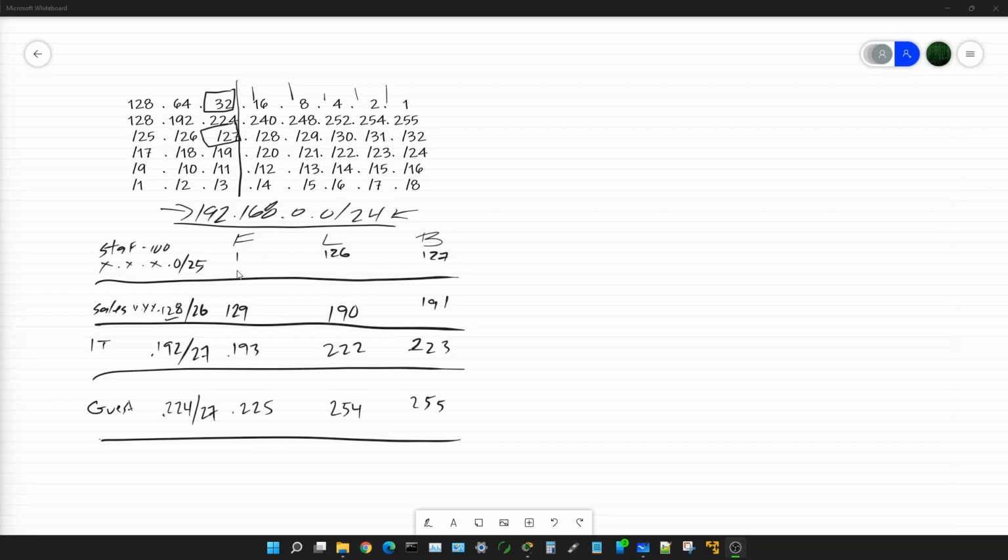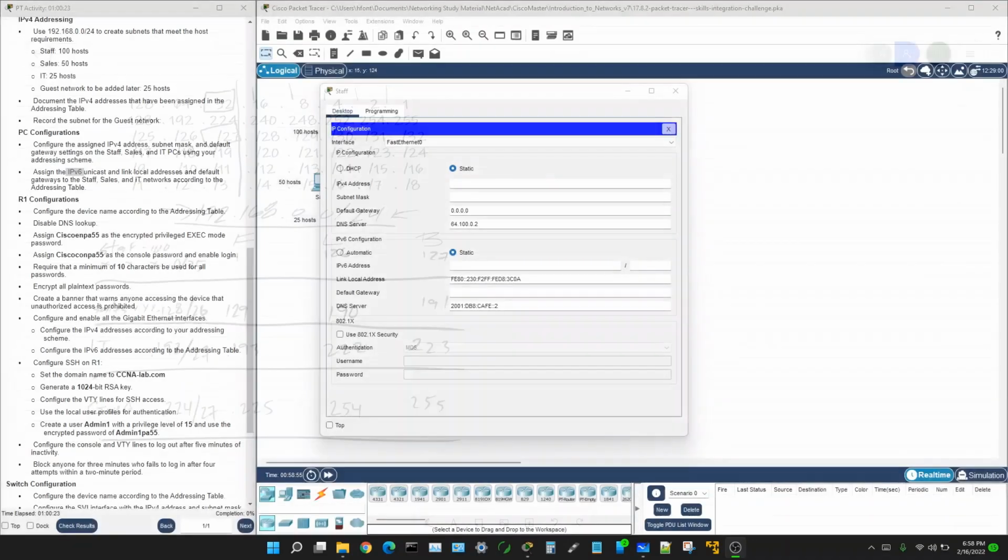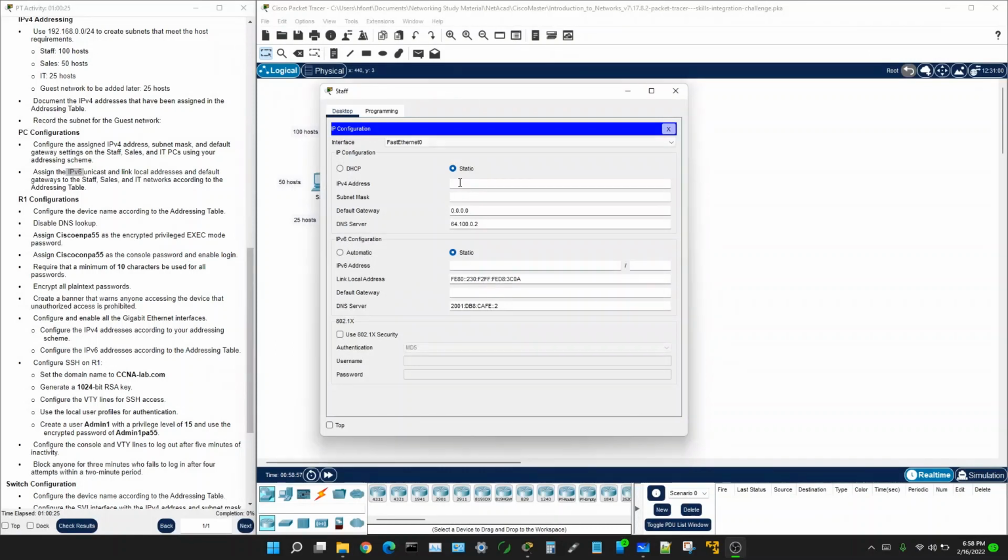So the first is gonna be assigned to the router, the second to the switch, and then number 3. So dot 3 is going to be used for this PC. Going back again, let's use 192.168.0.3,